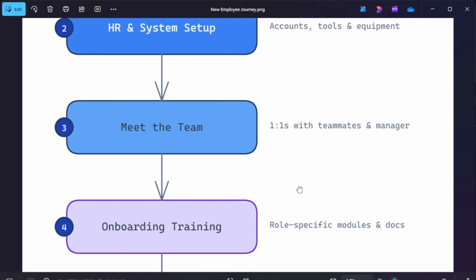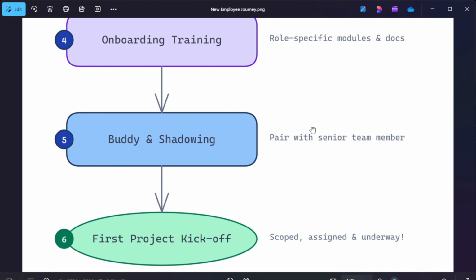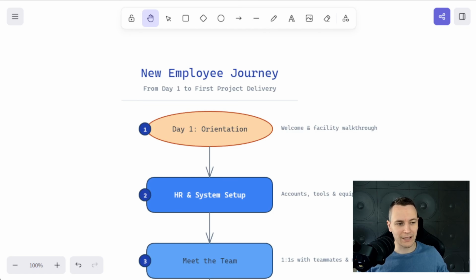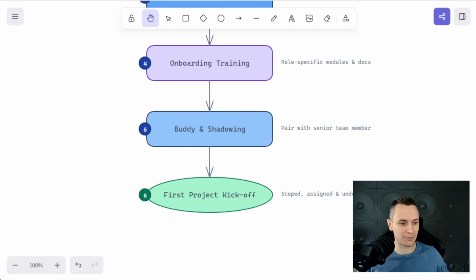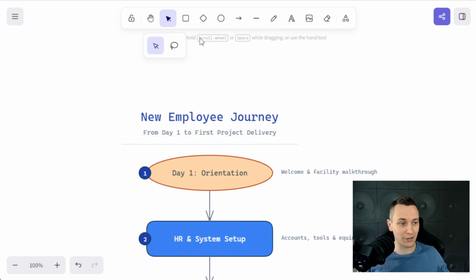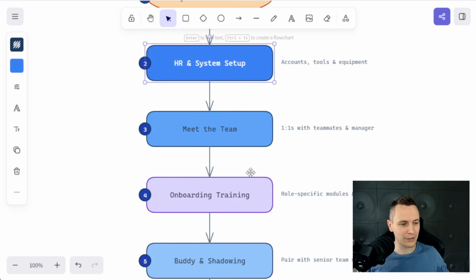It's pretty basic, but it has all 6 different steps that have been taken from the supplied PDF file. And the best part, on top of the actual picture, Claude will also give you the editable file. So if you want to make any changes or additions in the future, like changing colors or maybe moving some boxes, all you have to do is open it inside excalidraw.com, go to the edit mode and